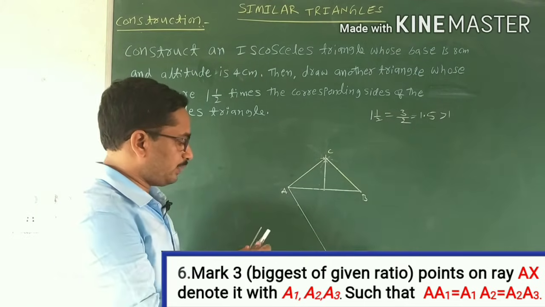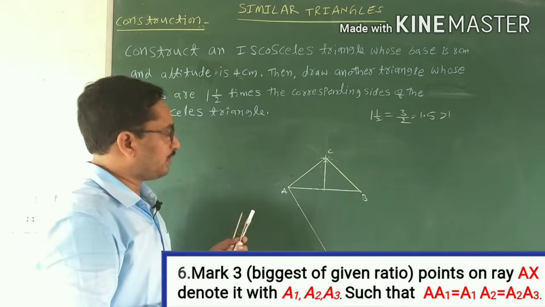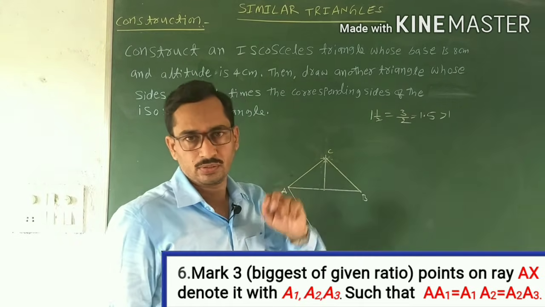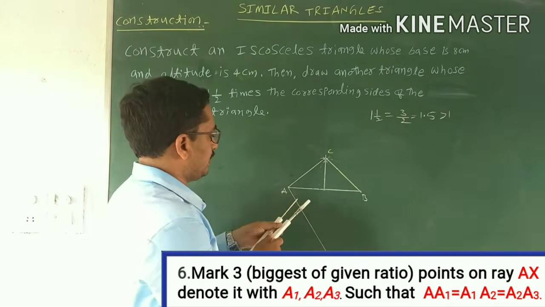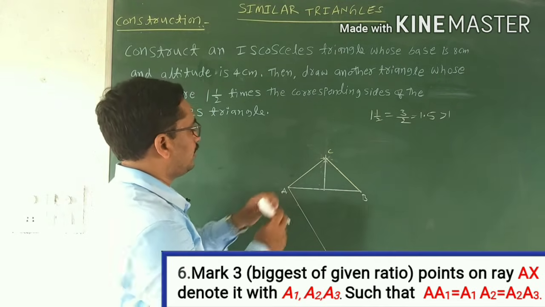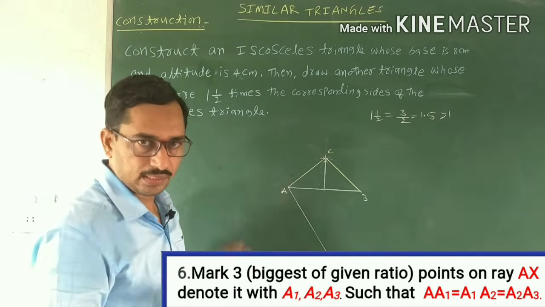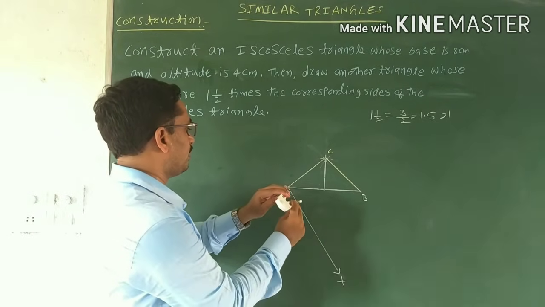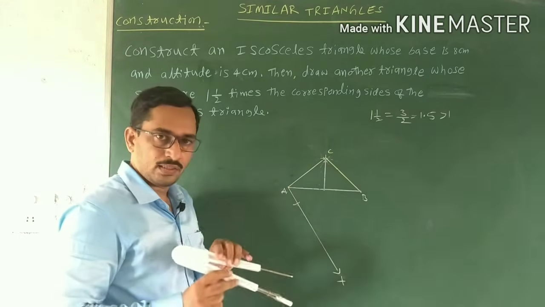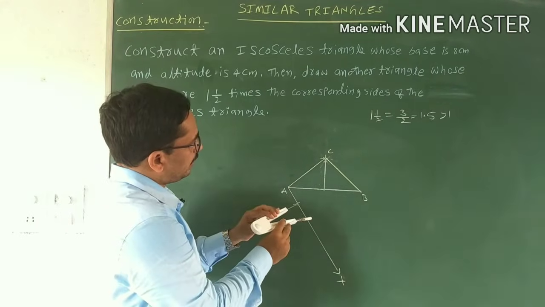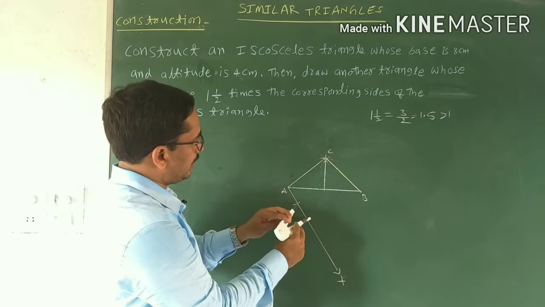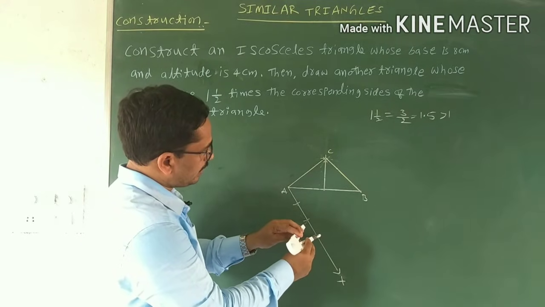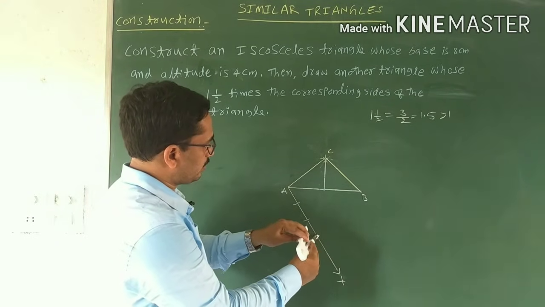Why am I taking 3 points? We already discussed this in the previous videos. Take the biggest number in the given ratio, 3, 2. The biggest number is 3. So we have to locate the 3 points by taking the compass. Draw 3 arcs, first with the center A. No need to measure the length of the arc, just with the center A draw a first arc, and with the same length, taking that arc point as the center, draw one more arc. Next again, taking the previous arc point as the center, draw one more arc.